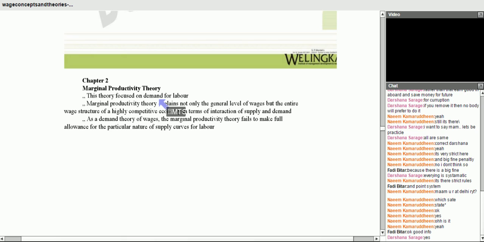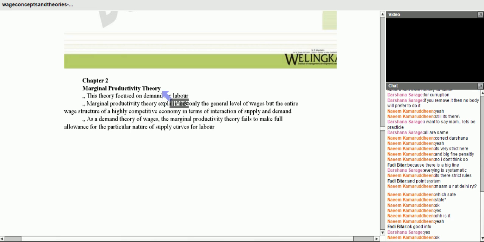Marginal means addition to the total. It can be marginal cost, marginal production, anything, but it means addition to the total because of one extra unit. Like if by consuming 4 apples we were getting 20 units of satisfaction, and by consuming the 5th apple we are getting 23 units of satisfaction, then these 3 extra units are the marginal production. So this marginal productivity theory says that,